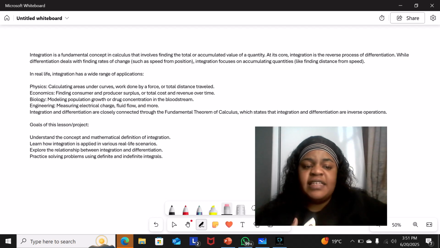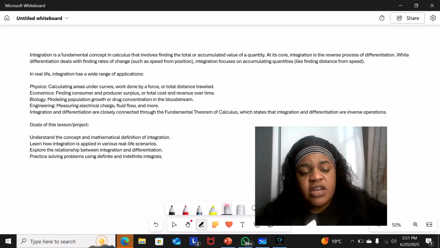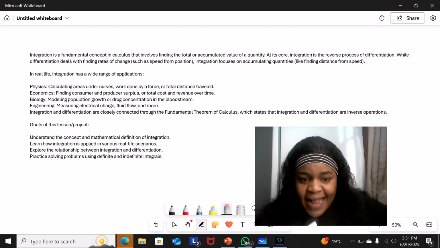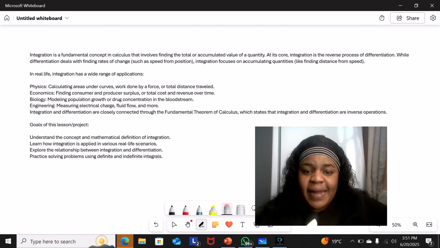distance from speed. In real life, integration has a wide range of applications. In physics, calculating the area under curves, work done by a force, or total distance traveled. We also have integration in economics, where we find consumer and producer surplus, or total cost and revenue over time. And we also have integration in biology, where we model population growth or drug concentration in